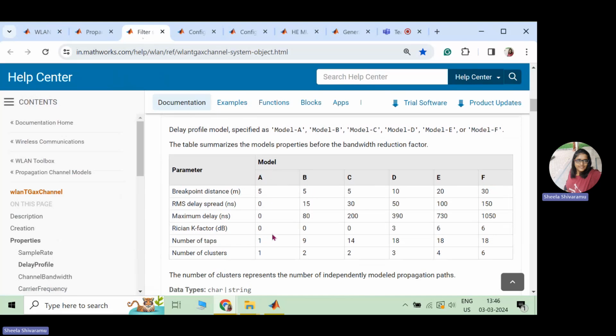So model A is actually flat channel model. This is rarely used, but if you want to see the performance of an indoor residential scenario, you can go for channel model B. D is typical office enterprise. Outdoor hotspot is channel model E. You can read more on this in the documents which are provided by IEEE. So if you compare, you can see the breakpoint distance is different for different channel models, and the breakpoint distance used by Toolbox is